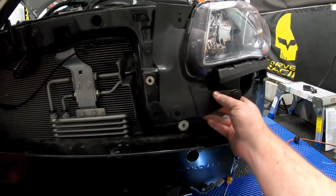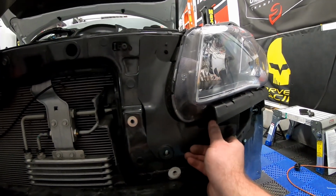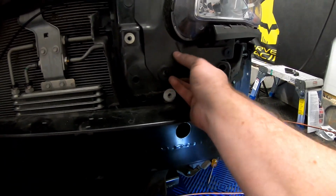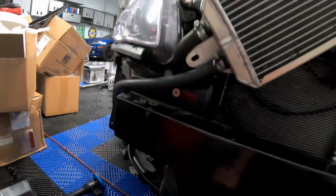It's right here, and as you can see, it has a secure tab up top. It has a screw down here and has another tab over here. I had to take that out. And on the passenger side, guys, I think I may have taken mine out when I put the intercooler in. Like, as you guys can see,